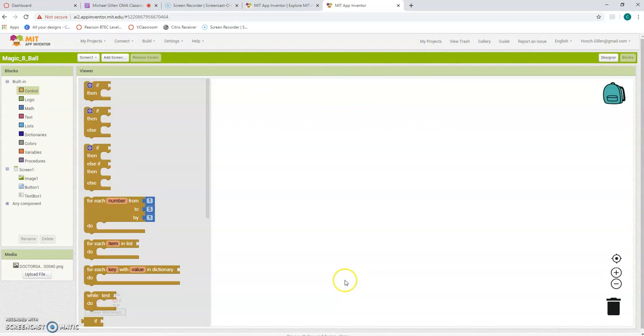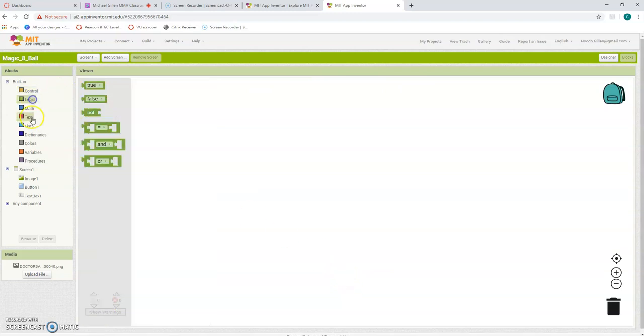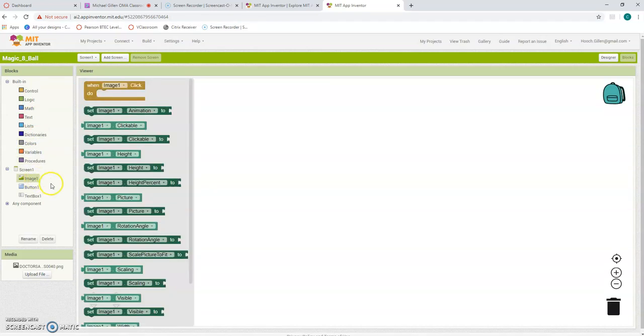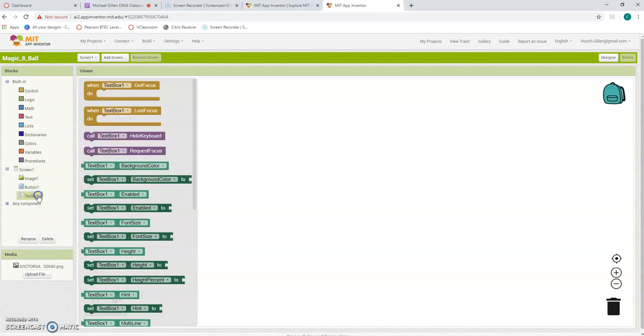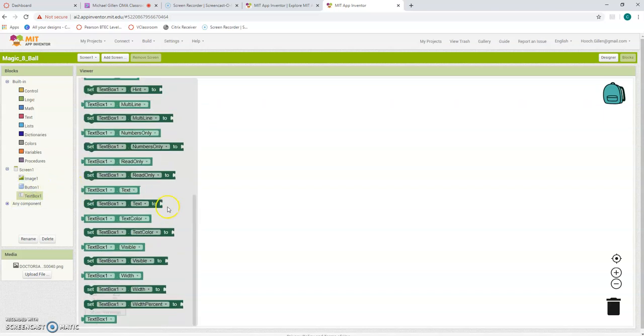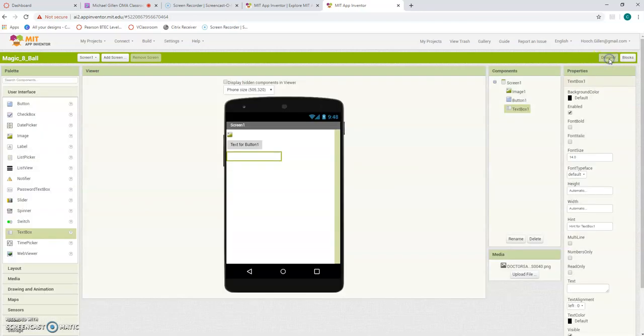Scratch. All right, there's controls, there's logic, there's text, there's colors, variables, etc. Now, and then when you click on there's your image and your text box. That means then you decide what you want to do. So if you just want to work with the image only, then you go in here to these ones. All right, the button and the text box. Now let's go back to designer. I'm going to delete them. Delete,